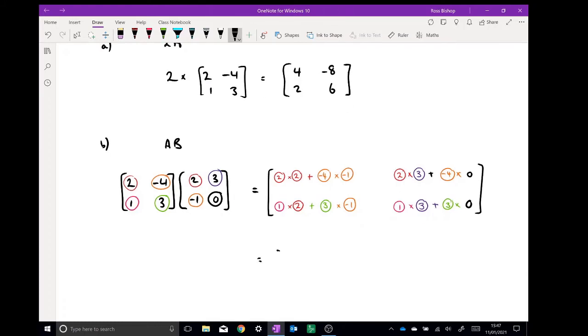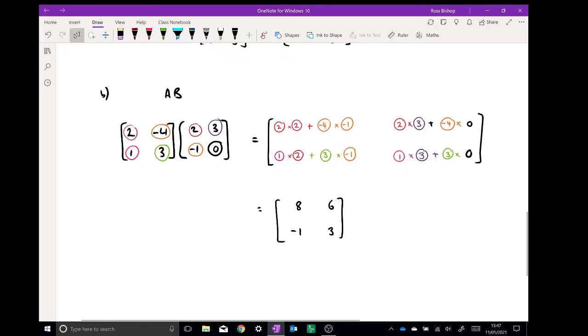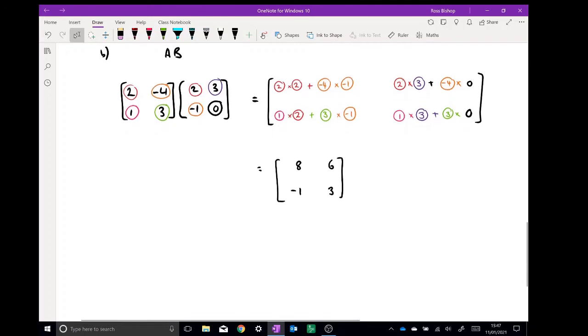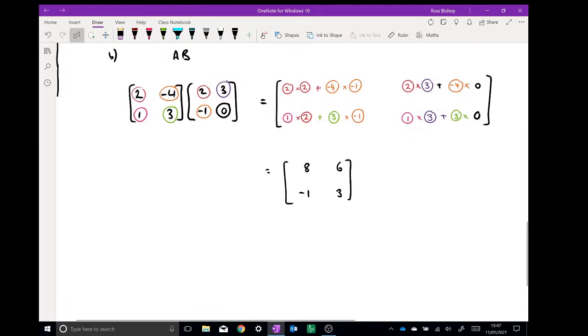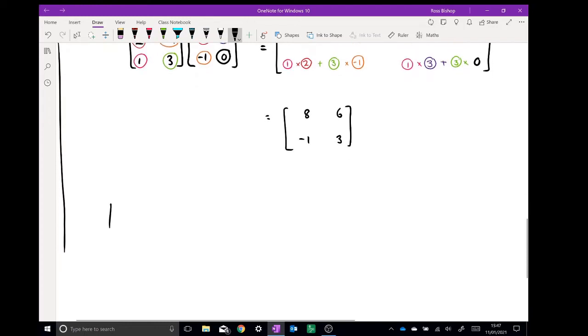So you're going to get 4, add 4, so you're going to get 8, 6, add 0, 6 there. This is 2, minus 3, minus 1, and here's going to be 3, just 3 there. So the answer to that, multiplied by that, is 8, 6, minus 1, 3. Right, let's do it in general, because I appreciate that's quite a lot to take in, although I would recommend writing that example down. So in general,